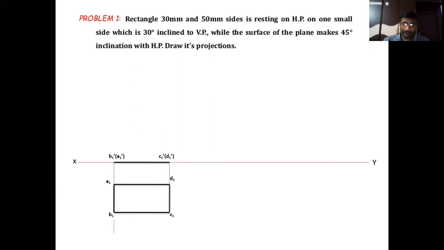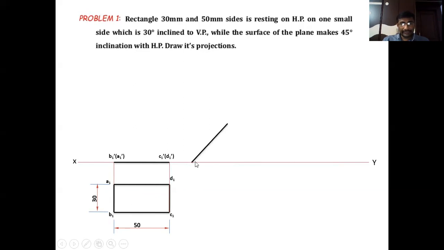After completion of the front view and top view, how do we give the dimensions? This is the longer length of the rectangle, 50. You have to give the dimension like this: 2 extension lines and 1 dimension line. Above the dimension line, you have to write the dimension value. It is 50 mm. Clear, students? And the smaller side is 30 mm. This is the 30 mm side. With 2 extension lines and a dimension line, you represent 30 mm for the smaller side A1 to B1. Clear, students? These are the dimensions.